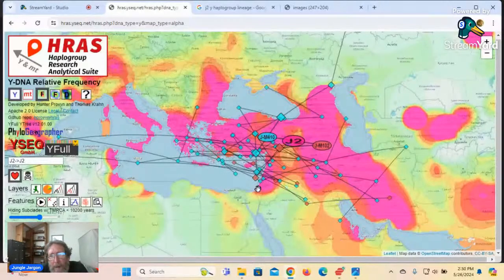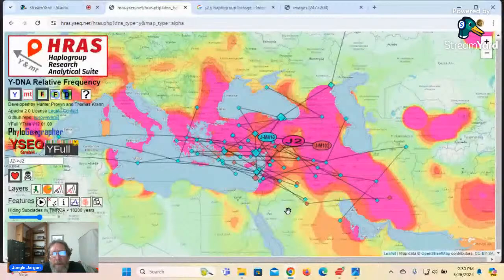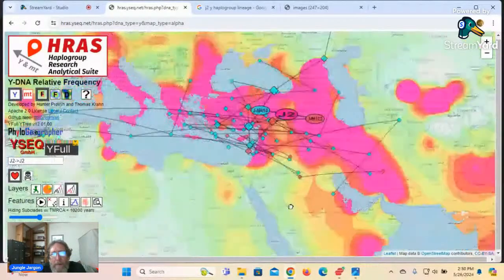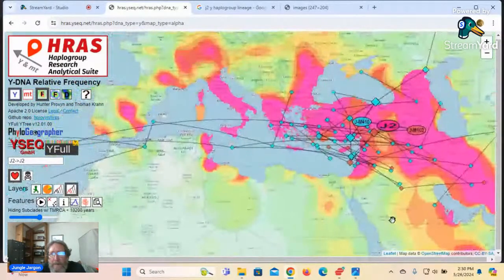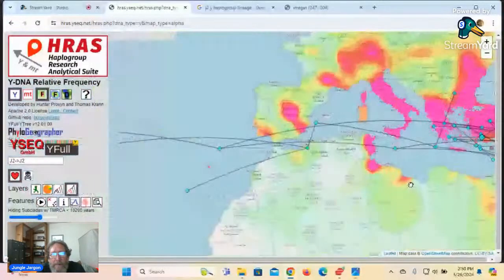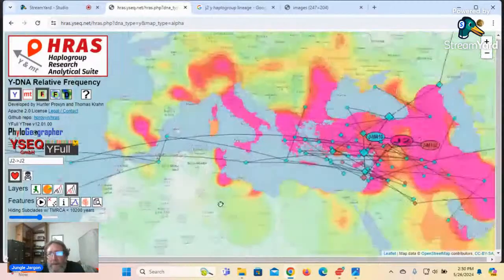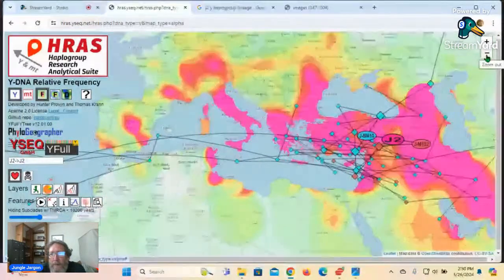But it's interesting how separated this J2 is from the J1, including and predominantly the P58, which is the descendants of Aaron, which stayed more to the south, which is a little surprising to me, not for any bad implications or anything, but I just thought they would be more together, but they're not,